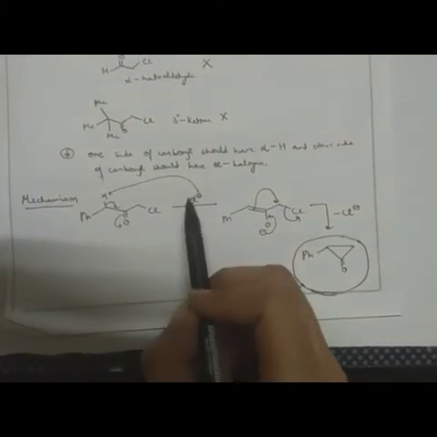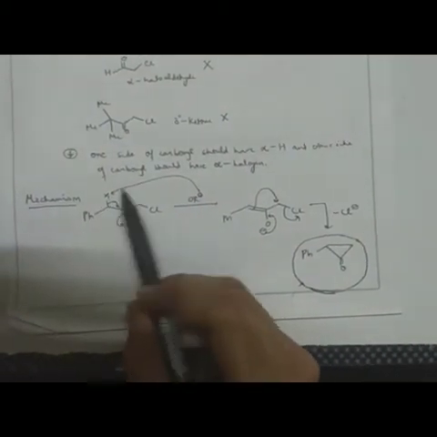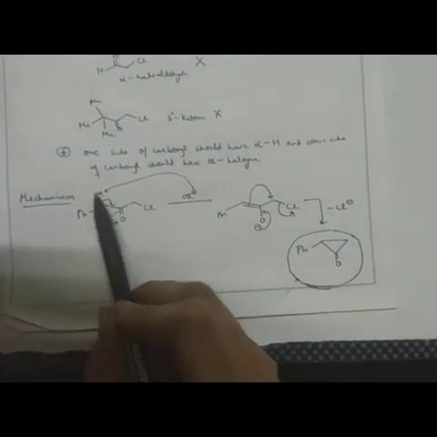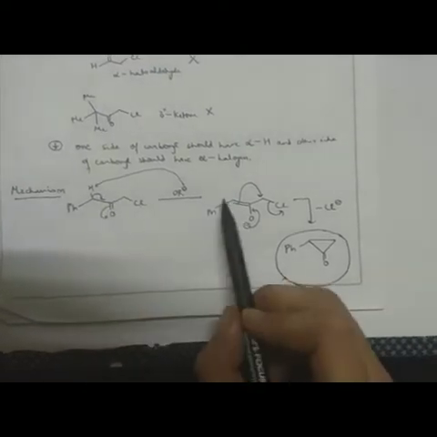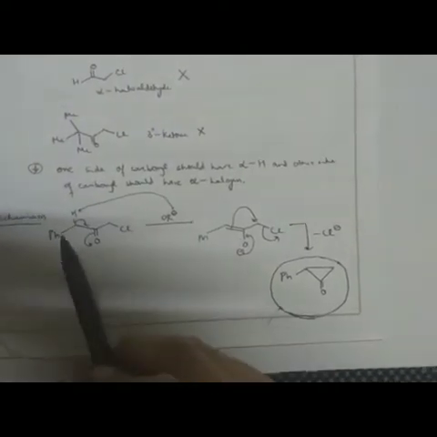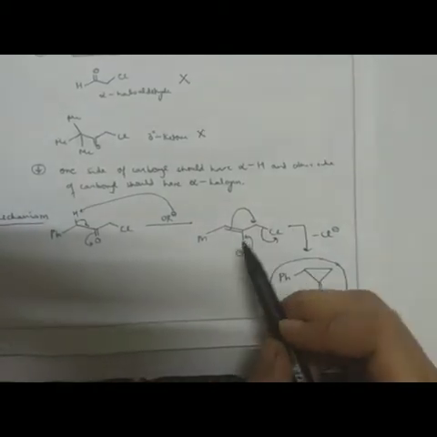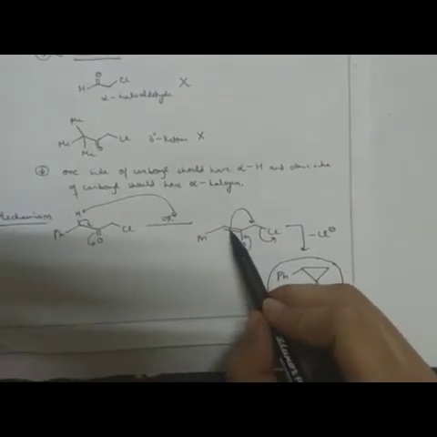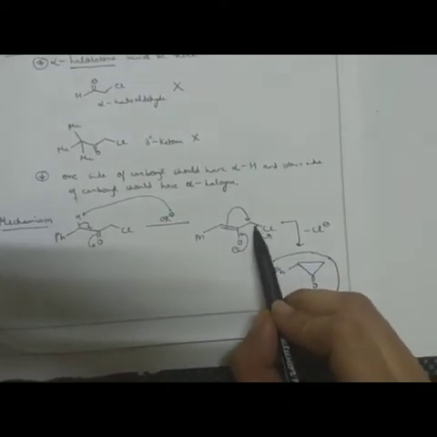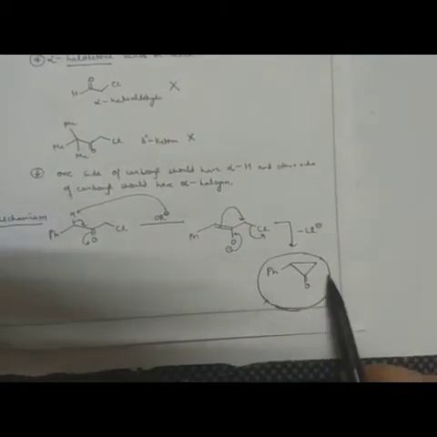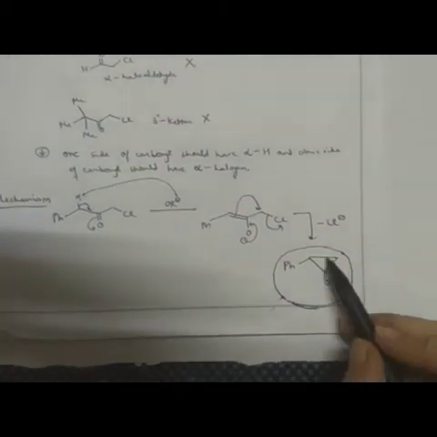In the mechanism, you can see that the alkoxide, being basic in nature, is attacking the alpha hydrogen, which is acidic in nature, right? When it attacks this alpha hydrogen, the bond shifts, and an enolate is formed. When this O negative comes back, this carbon attacks the sigma antibonding, and chlorine, being a good leaving group, leaves, and a three-membered ring is formed, which is highly unstable because of angle strain.